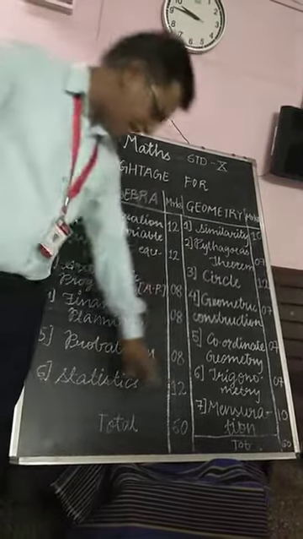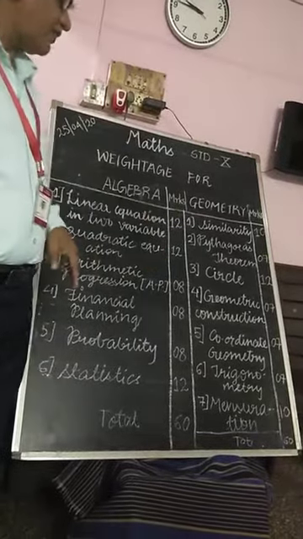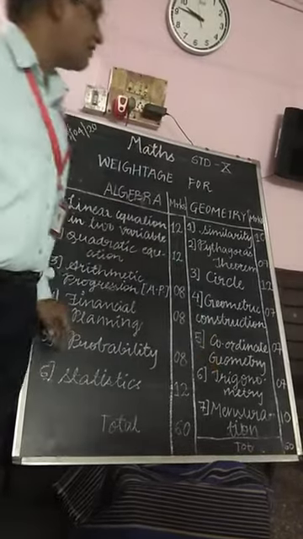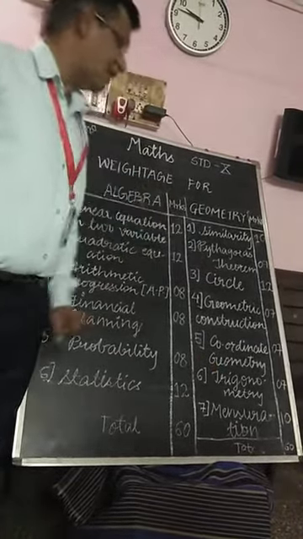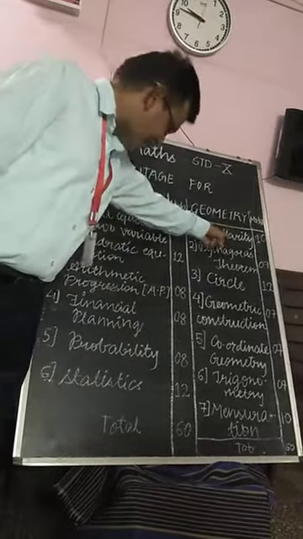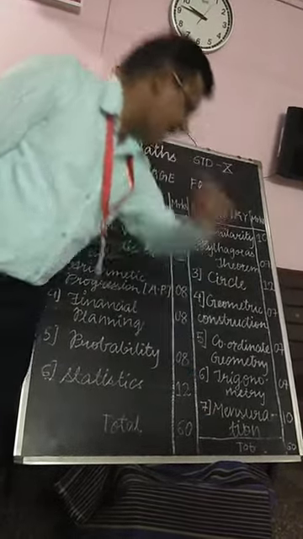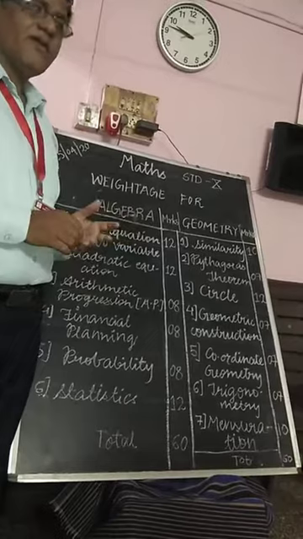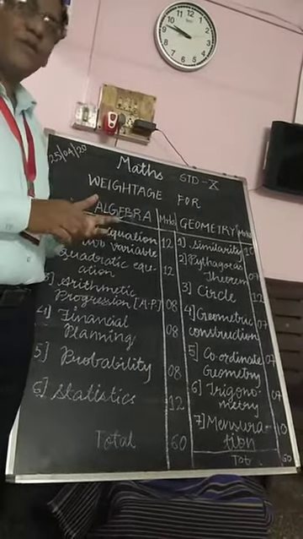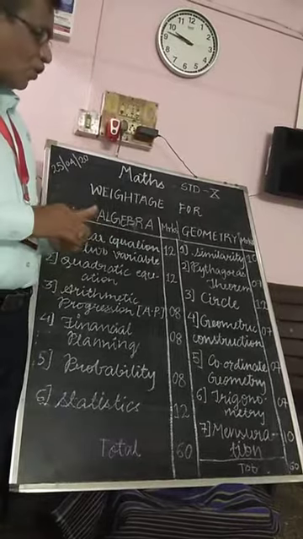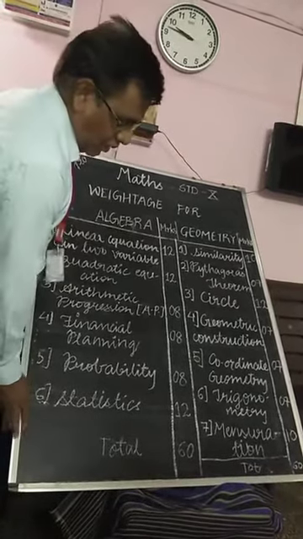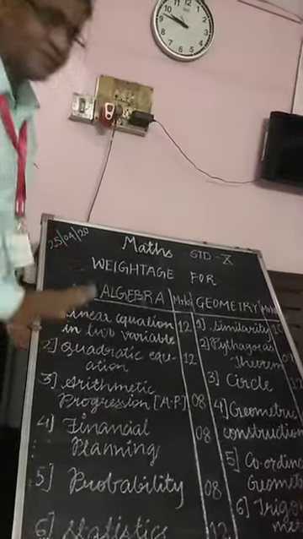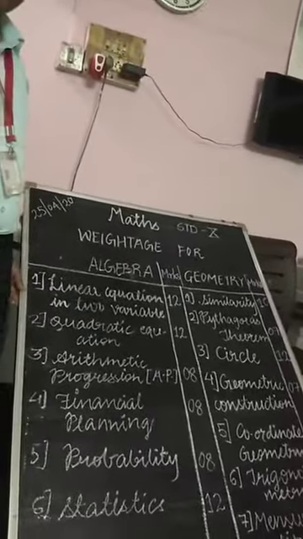Mainly, mensuration is a very important chapter in this geometry, because similarity has 10 marks, this last chapter has 10 marks, and circle alone has 12 marks. It means these 3 chapters are very important. This carries 10 marks, this carries 12 marks, and this carries 10 marks. So mensuration is very important for you. In mensuration you have to find the total surface area of the cuboid, cube, then cylinder, cone, and so on.